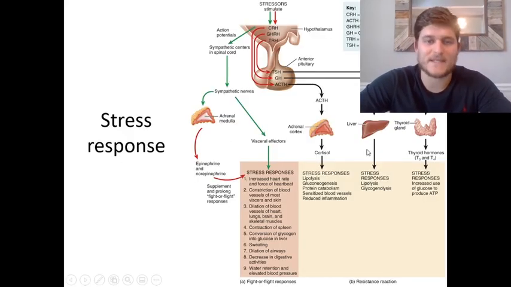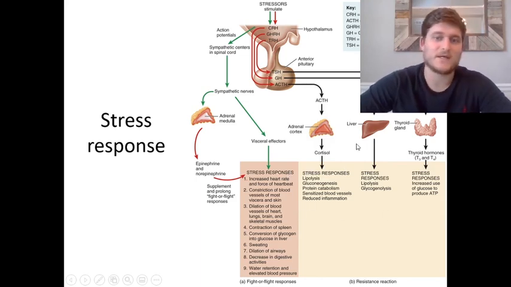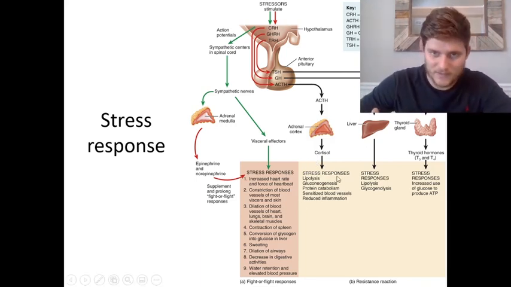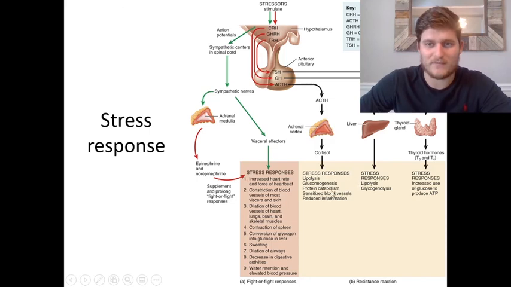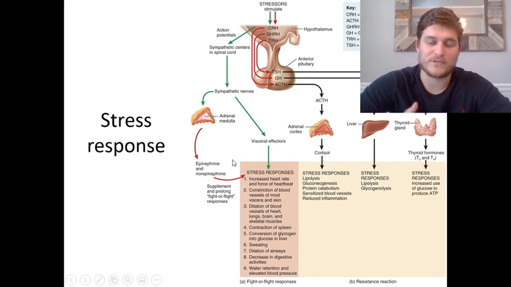So the stress response, again, is going to bring about an increase in sympathetic nervous activity. In addition, it's going to lead to the increase of cortisol, T3 and T4, and that's going to lead to increased metabolic rates. Again, we're trying to fuel this fight or flight response, this stress response, so we need these cells to create energy quickly. So we're going to see increases in lipolysis, the breakdown of fat, gluconeogenesis, the breakdown of glycogen, and then just overall, we're going to get a breakdown of these nutrients, of glucose, of fatty acids in order to produce ATP.